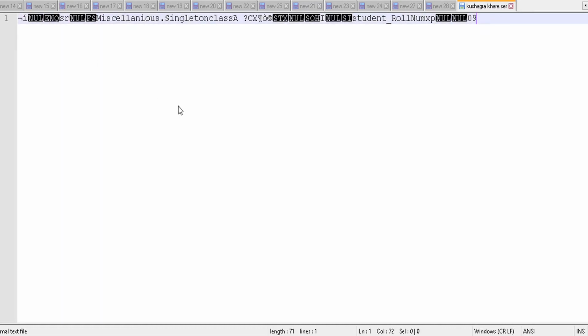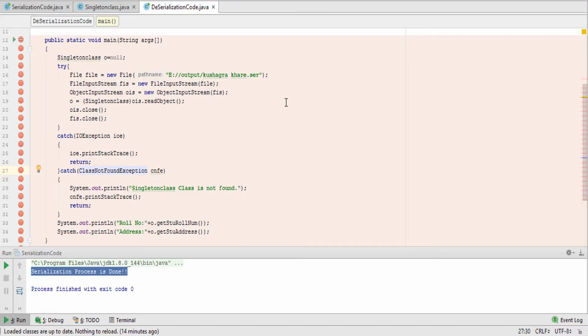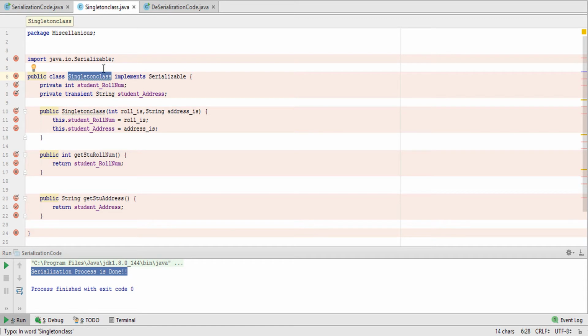So to read this file, that is a serialized bytecode file, we have to use deserialization with the help of the Serializable class. Where has the Serializable class been used? Here. We implement the Serializable interface.